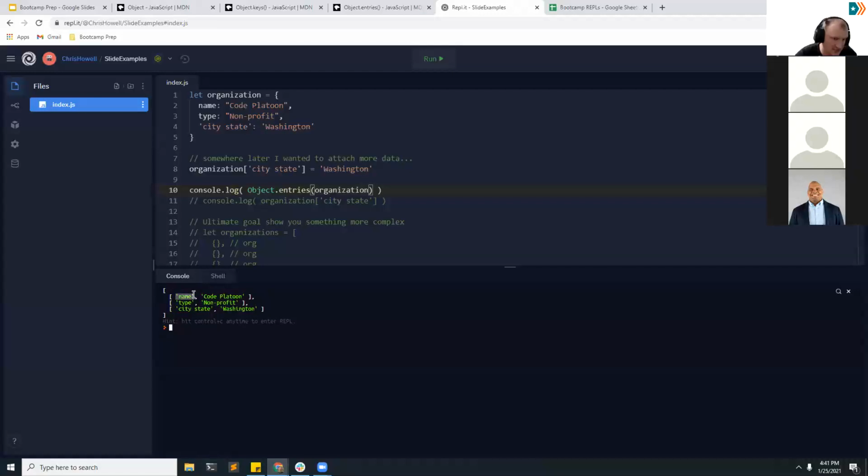So I could represent this as an array of arrays, or I could do this as an array of object literals. It's really up to you as a developer to choose that, and whatever you pick is going to basically determine